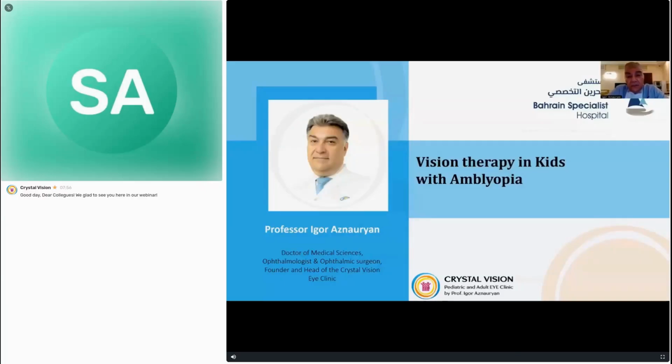Today, we are going to discuss in detail the various ways to effectively treat amblyopia, also known as lazy eye, by utilizing the latest and most advanced modern medical methods available. How can we make the treatment process as short as possible in duration and more effective in its overall impact and outcomes? We need to consider various factors and strategies to achieve this goal. Vision therapy indeed contributes to this, but vision therapy is a general concept. Specifically, which techniques are we using and how are we achieving success in this matter?